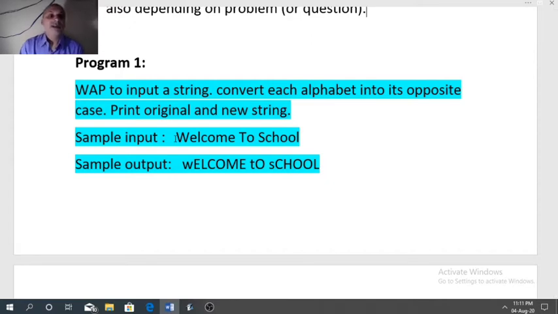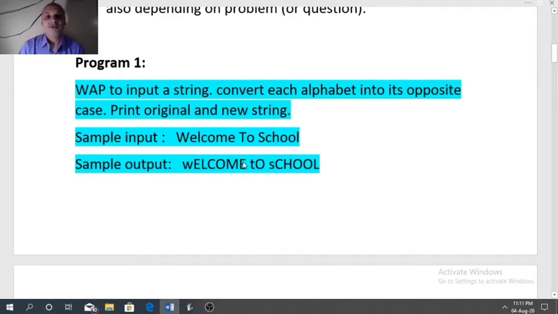And in the sample output, lowercase letters are changed to uppercase letters and uppercase letters are changed to lowercase letters. So you can see the first letter capital W is changed to small w in the result, and the other characters of the first word which are small letters are converted to capital letters.